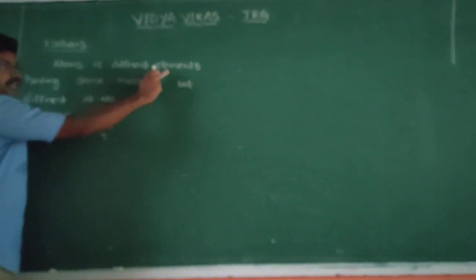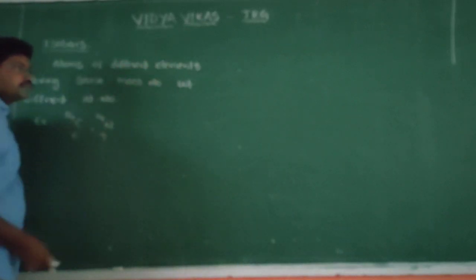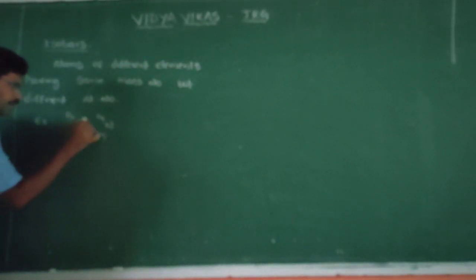Means carbon and nitrogen are atoms of different elements, not same. Carbon, nitrogen, different. But both are having same mass number 14 and 14, but a different atomic number 6 and 7, keep in mind. And those species which are having same mass number but a different atomic number, we call them simply